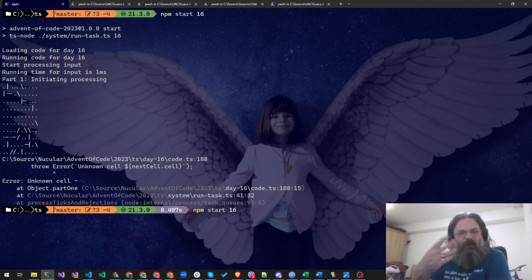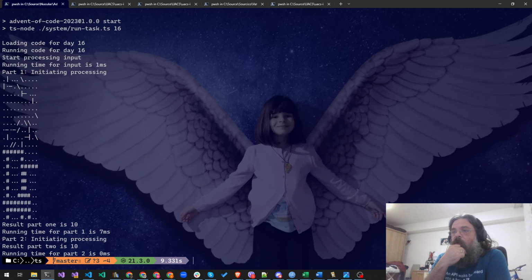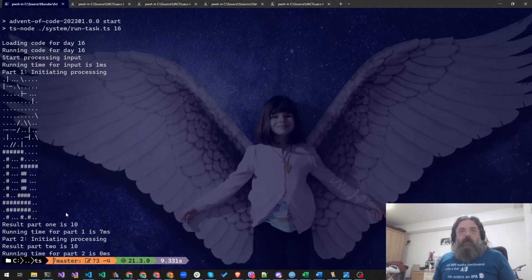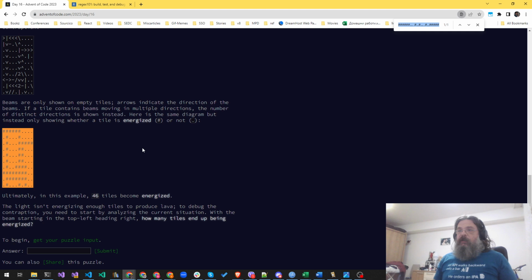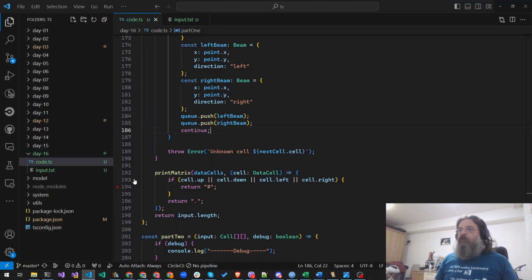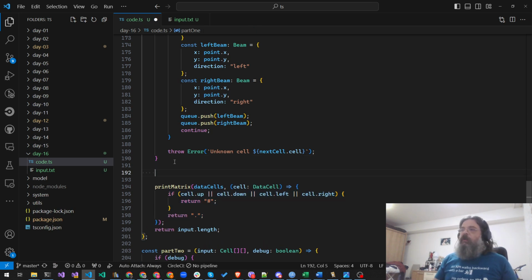Yeah, so I'm continuing each time when I'm done with something, even when it doesn't really make sense. Oh, not only did it finish relatively fast, it actually gave us a result. Let's see if we did manage to get a result, and now we just need to count the energized tiles. That will be this same code, only we're going to say count and const energized are